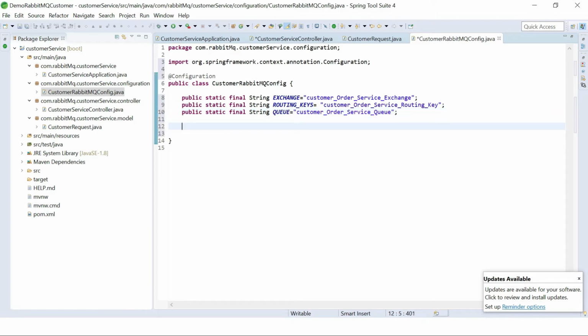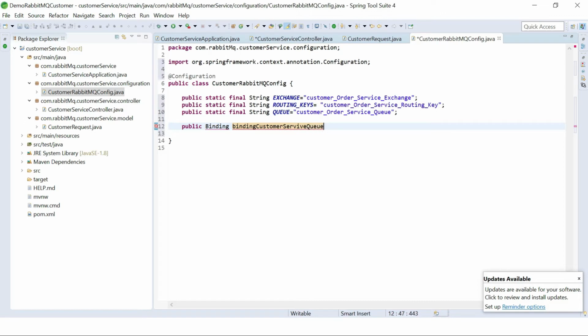Now what do we need? We need to bind this. So we need to create one method, public Binding, binding customer service queue.